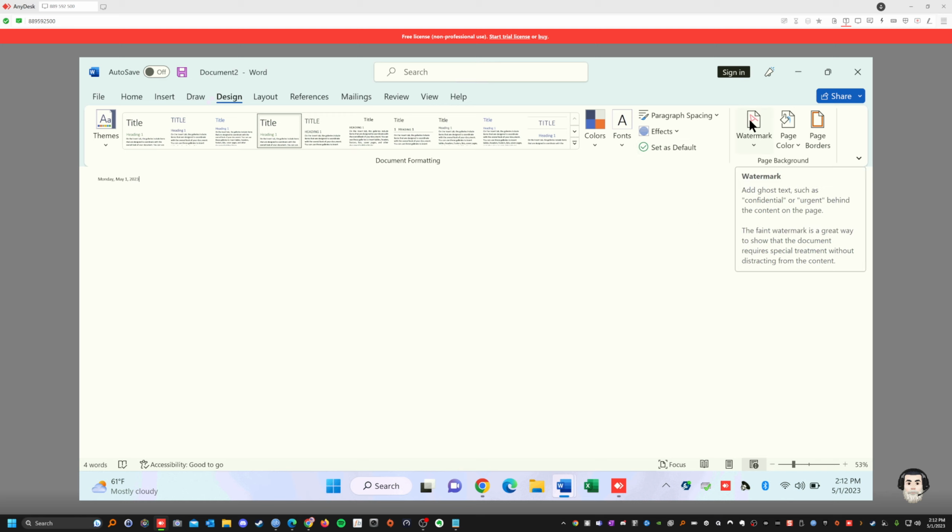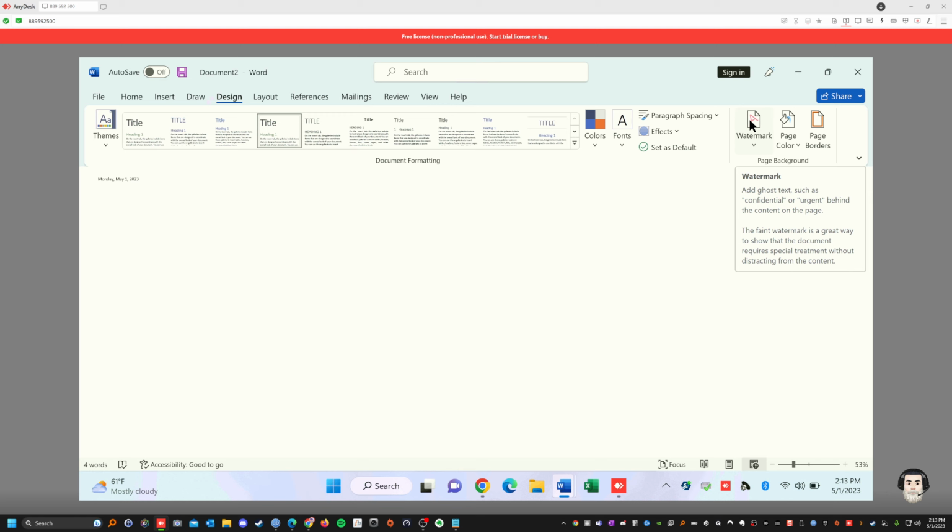Watermark, if you want to put a watermark in the document stating confidential, urgent, original, top secret, whatever watermark you want to put in the background. Or not original, or whatever. See, when you buy something, usually it has a watermark because you haven't paid for it. But if you pay for it, then they take out the watermark. Okay? That's more for like legal documents.